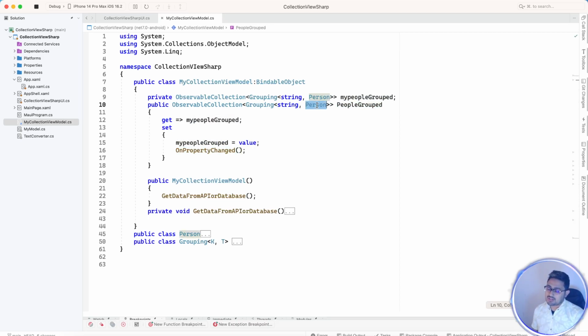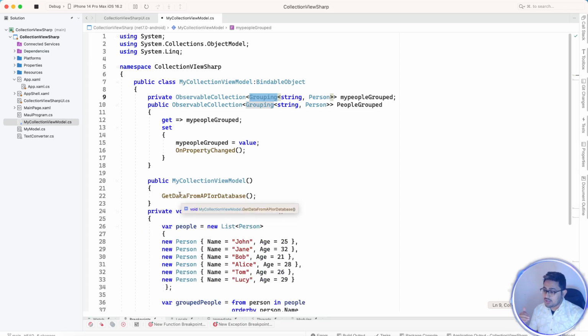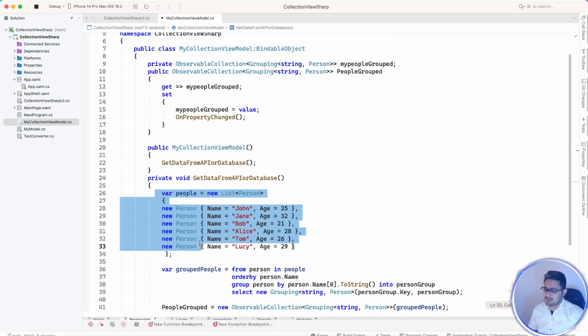From our person class, this is the person model class, this is the model file. You can just create one class named my model and put it over there. So name and age are going to get an observable collection property, and here you can see I have added a grouping as a string as well as person. That is basically going to tell that the data coming from the API or database or anything is coming as a list, but we want to group the data. That means